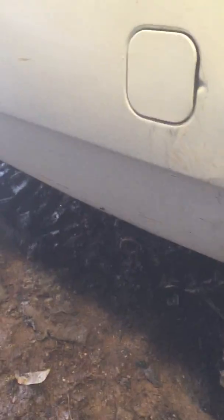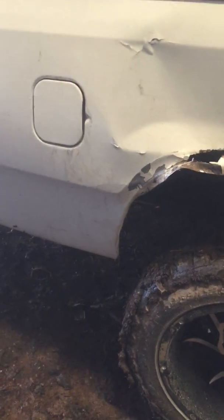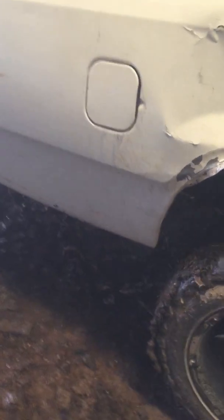But that happened, so I stopped. I hit pretty hard, like the truck bounced and everything. It was pretty bad. And so I stopped, assessed the damage, everything. I was pretty mad. So I got back in the truck. It was still making the awful, horrendous noise. Made about 2 turns down the road, and then all of a sudden, boom,